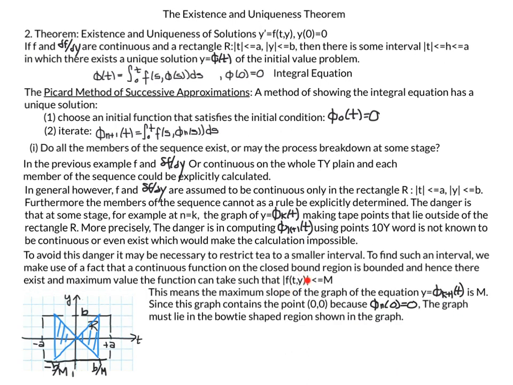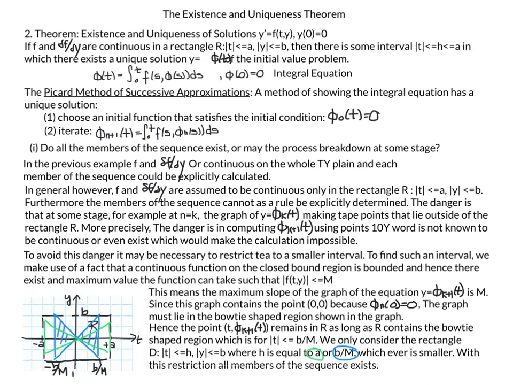Since f of t, y is the slope or the derivative, this means our maximum slope of the graph of this equation is m. Since the graph contains the point 0, 0, because that's our initial value, the graph must be at 0, 0 with slope m. So here I have my slope negative m, here I have my slope positive m, and intersecting with this graph, I get this bow tie area. Hence, our next point in our sequence will remain in R as long as R is contained in the bow tie shaped region. And we only consider the rectangle D now as our domain,